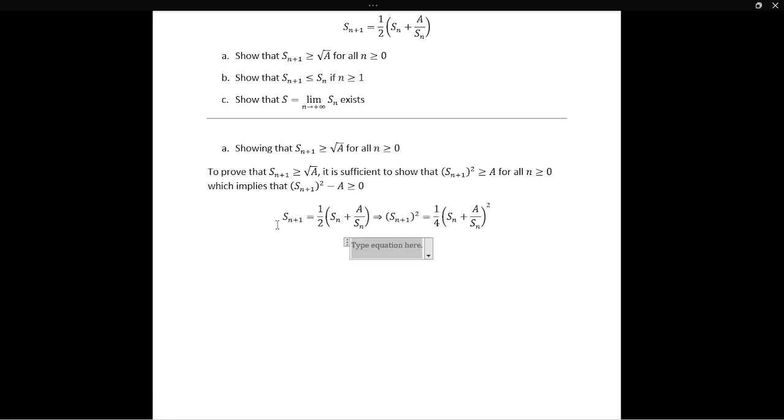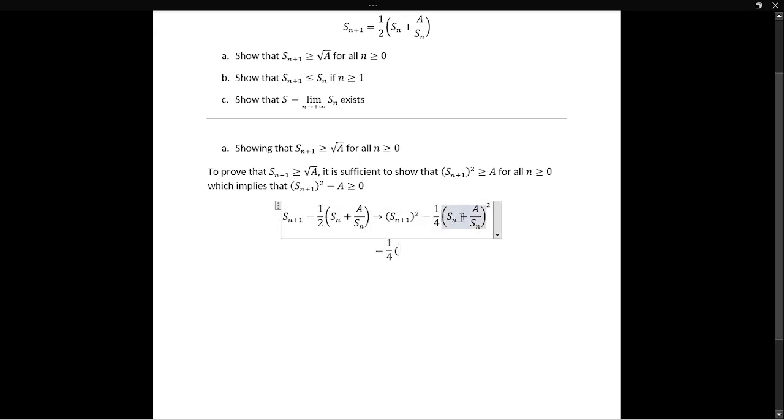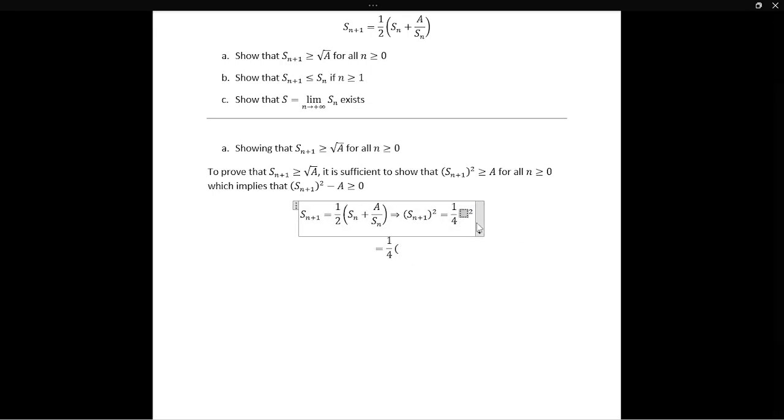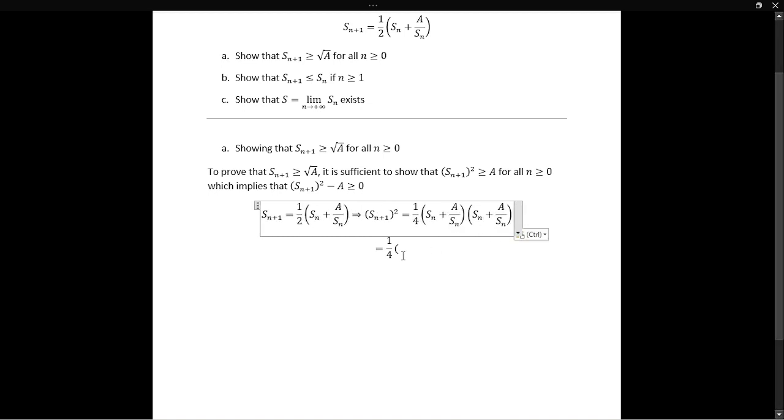Alright, so let us now simplify carefully. So we have 1/4 into, now if we square this quantity, it is just the same as multiplying it with itself. So let's just multiply it with itself. When we multiply s of n with s of n, we get